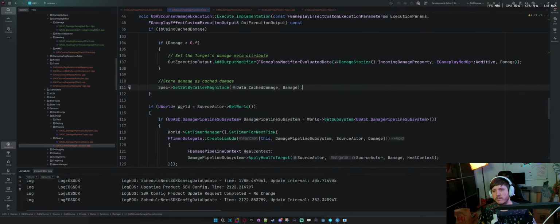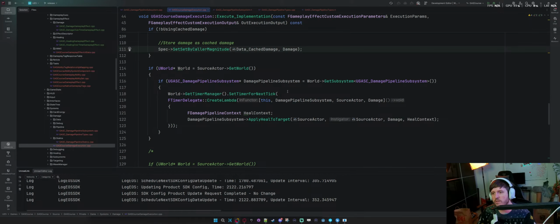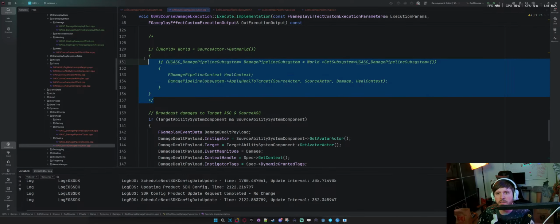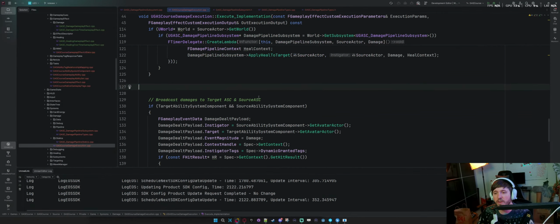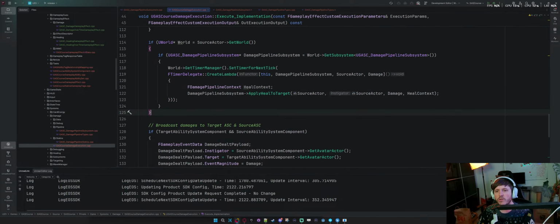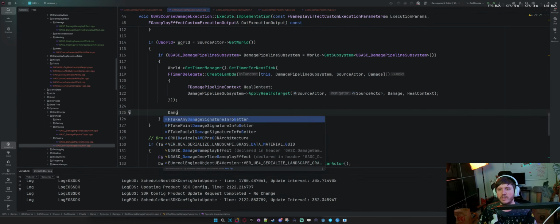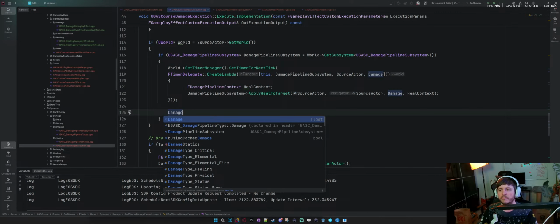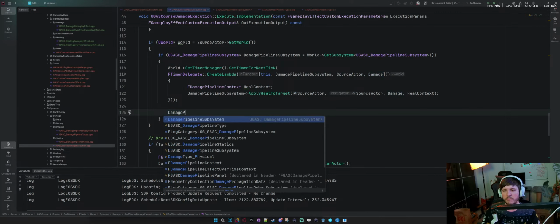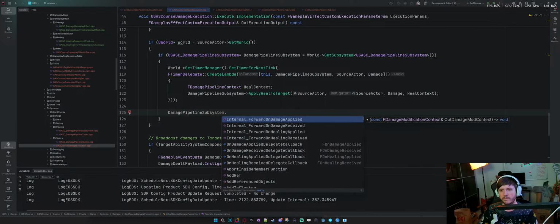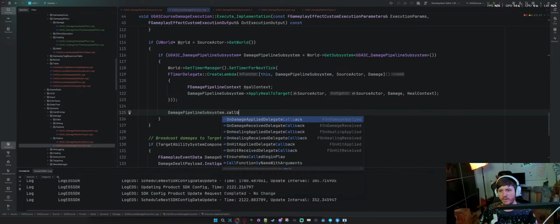Okay, let's go into our execution. Because yeah, we do this next tick, apply heal to target. But at this point we're constructing the event and everything, so maybe also in here, because we do this timer, maybe here as well is a good time to do something. We could say damage pipeline subsystem callbacks on damage applied callback.